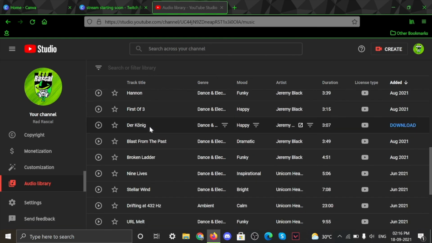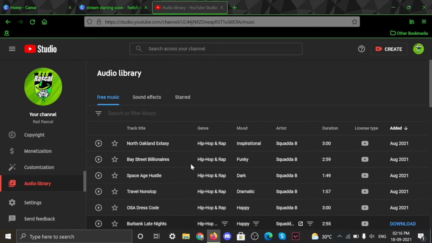Scroll down and select, you can listen to the music before you download it. So after listening to it, if you really like it, you can select the download icon on the right of the song's name and download the music on your computer. That would essentially get it into your downloads folder. You can create a folder for your live streams itself and add everything at once. And finally, on the day that you're streaming, add it in your streaming software and go ahead and live stream.